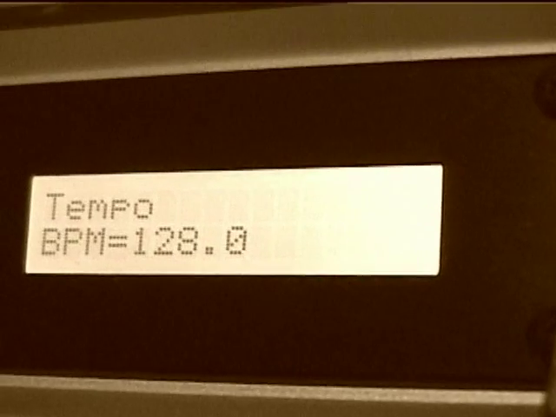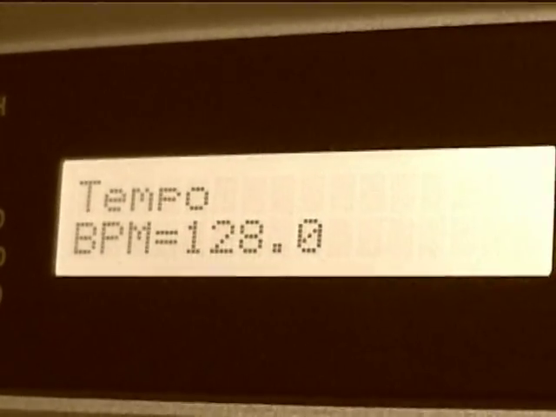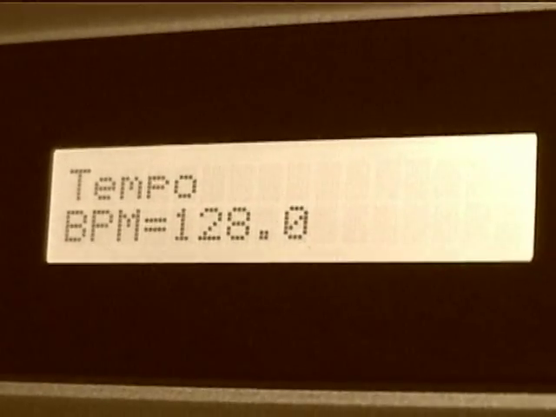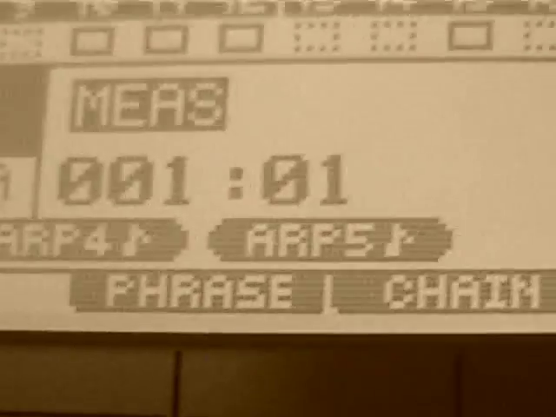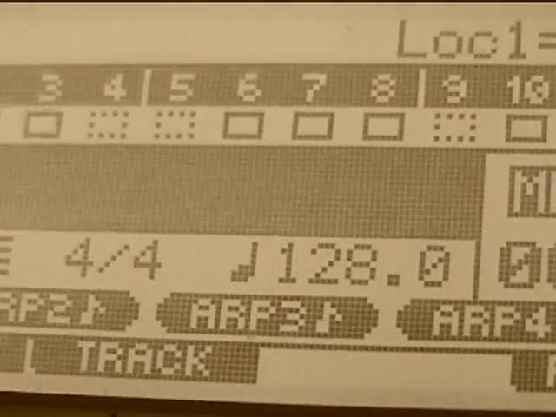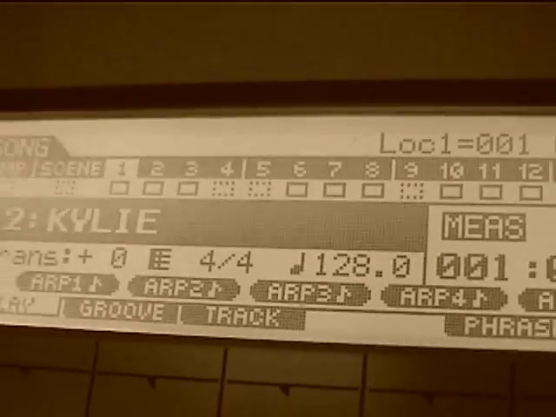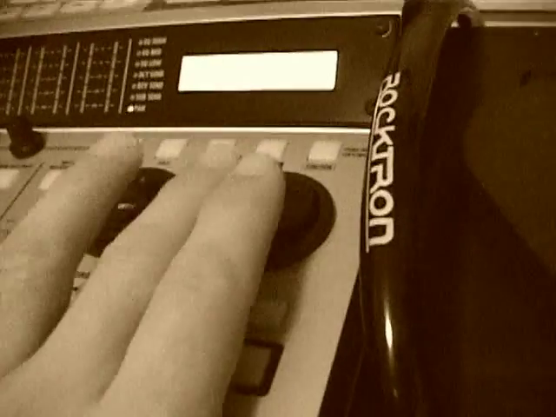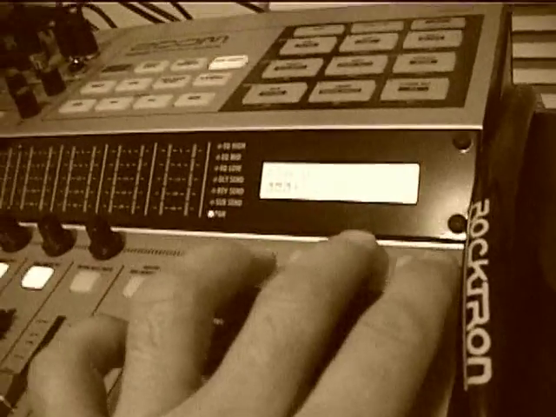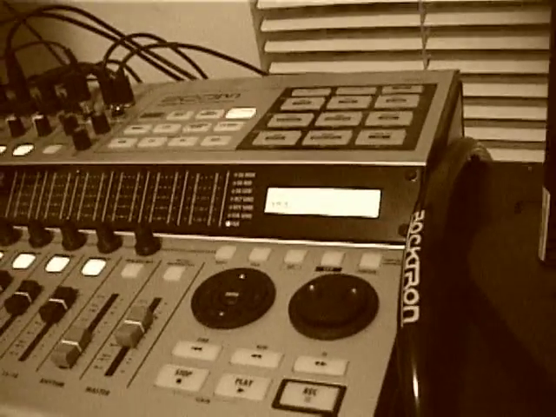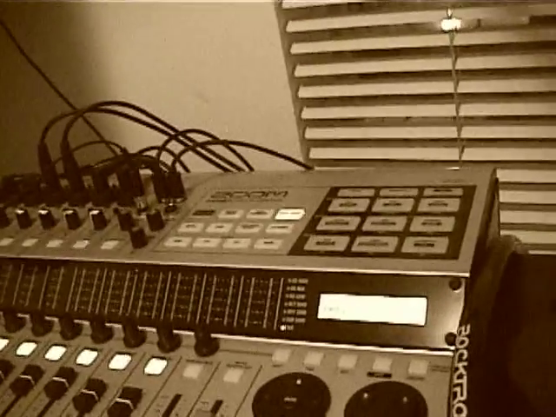So if you go up to the tempo, you have to make sure that you set the tempo to the same value. 128. Where is it? 128. Okay, there we go. And exit again. I think we're in sync now. And what I'm going to do now, or what I did,